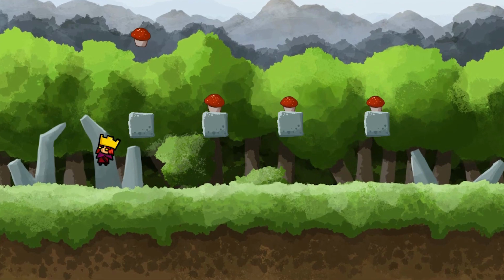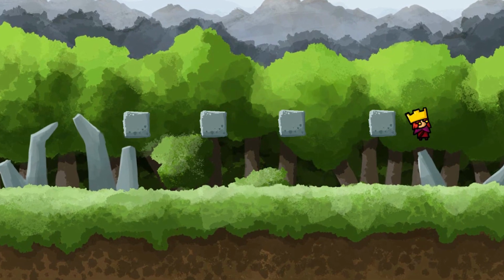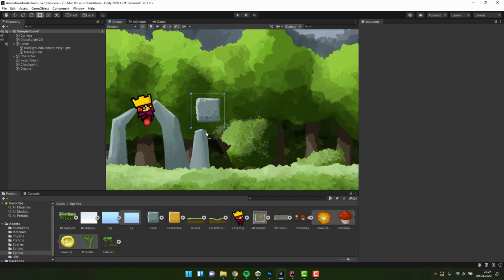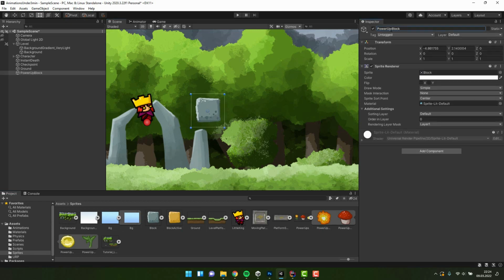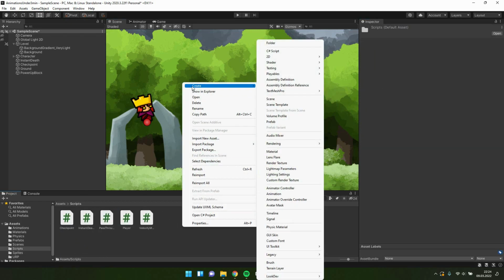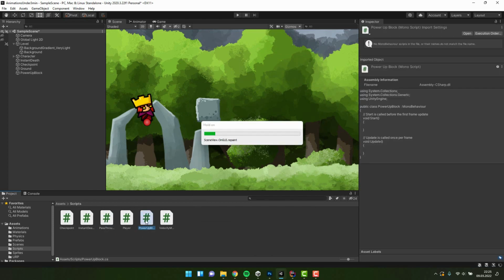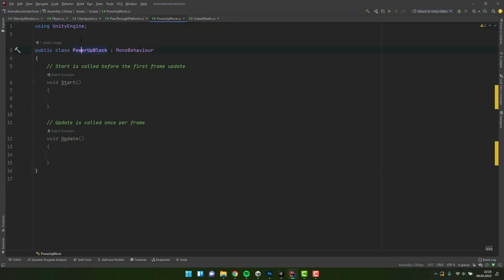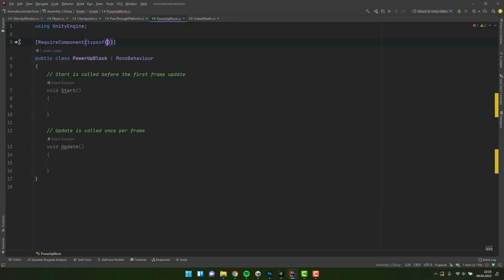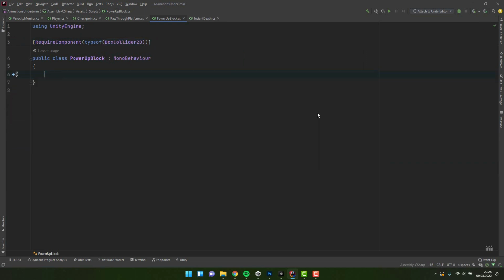Today we'll create simple power-up blocks. I drag and drop the block sprite into the scene and rename it to power-up block. Then I create a new script and give it exactly the same name. I open it and start by doing a little bit of cleanup. Then I add the required component attribute to make sure the object will always have the box collider component on